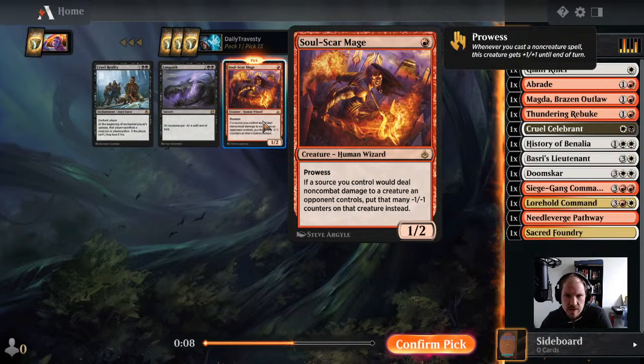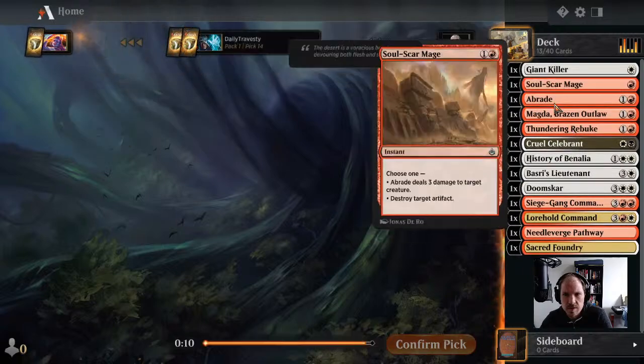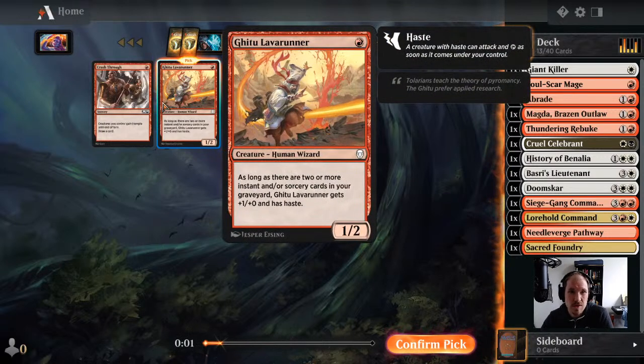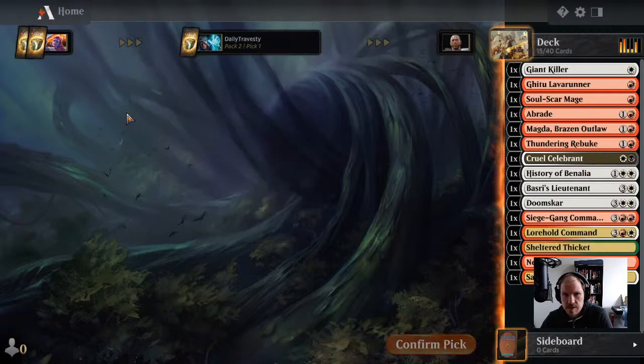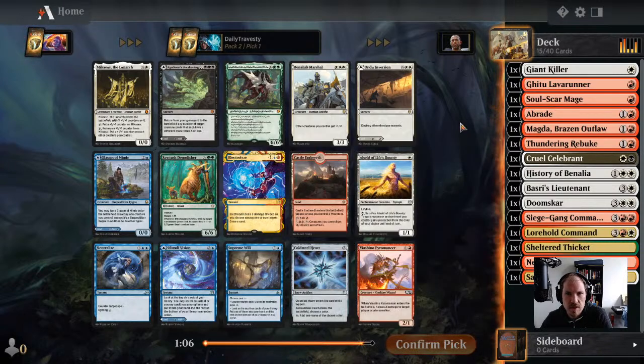Okay, well, here's another aggressive red card. If you play spells with it, you can pump it up, and you can slowly beat down on the opponent's creatures. There's also these black cards, but we've been seeing a ton of red. Get to Lava Runner, also an aggressive red card that incentivizes you to have instants and sorceries. So things like Crash Through. And a Sheltered Thicket. I like these cards. Even if we're not playing green, you can play this as a mountain that cycles, and that can be okay. Maybe not in an aggressive deck, but...